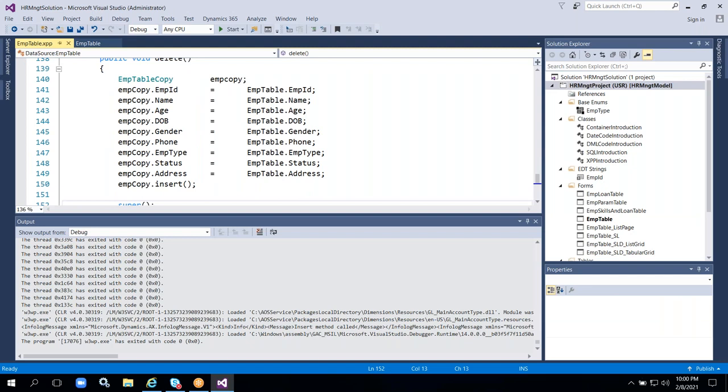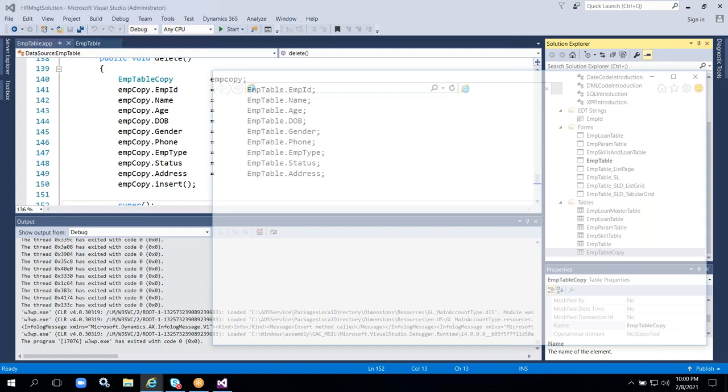See here, the 105 record got copied into the copy table. This is about the write method and delete method. Validate write method, validate delete method. There is a slight difference